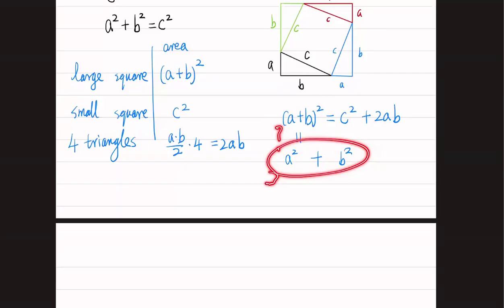Jessica, what do you see? I think it works. We're missing the crossing term 2ab. Okay, now we compare these two sides. We have the common term 2ab. Eliminate that, we're left with